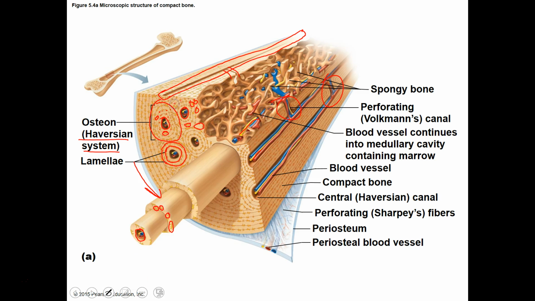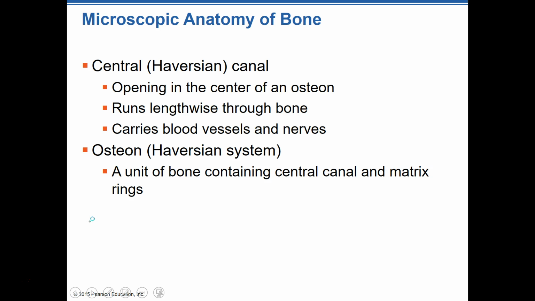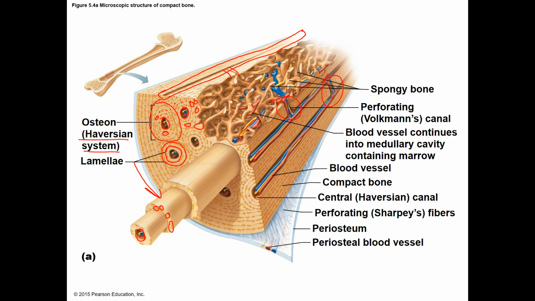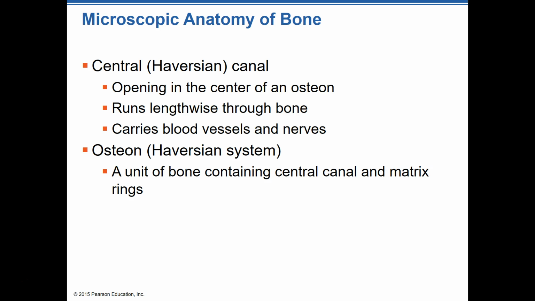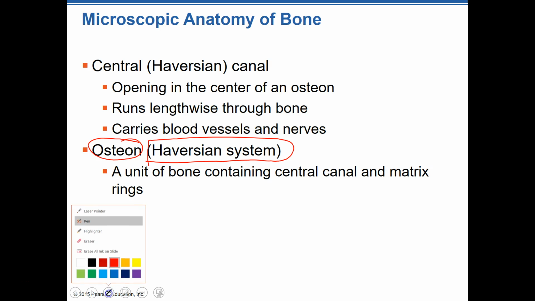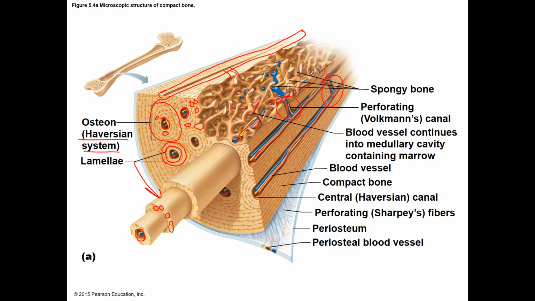These little things, remember, these are osteocytes. These are bone cells in there, right? And when we look at that whole Haversian system, the system right here is often referred to as an osteon. So osteocytes, osteon, Haversian system, there's a lot of new terminology there that can be confusing, but what we're looking